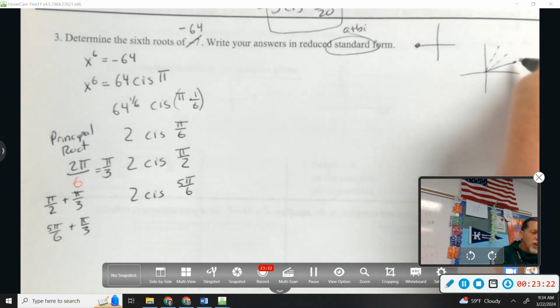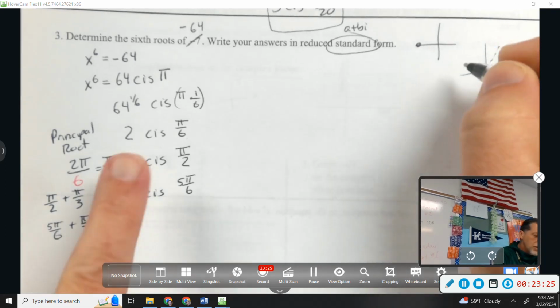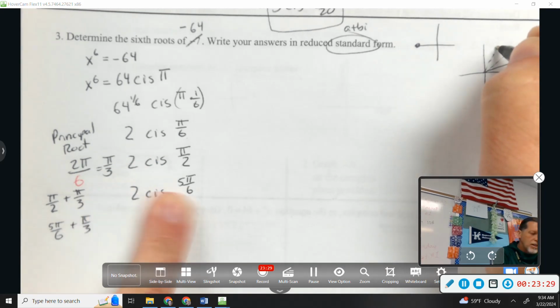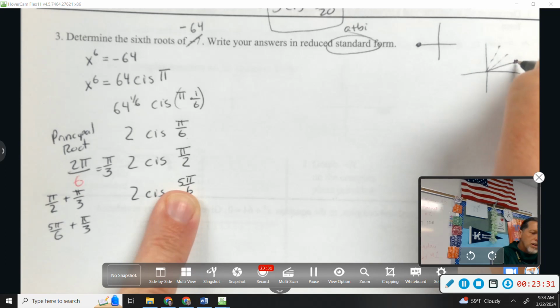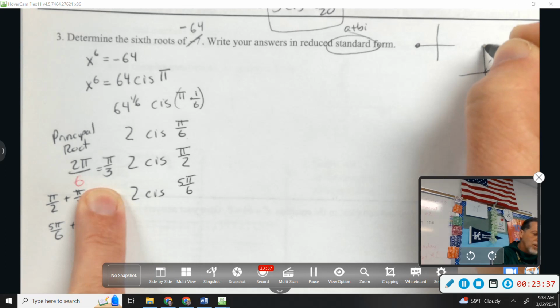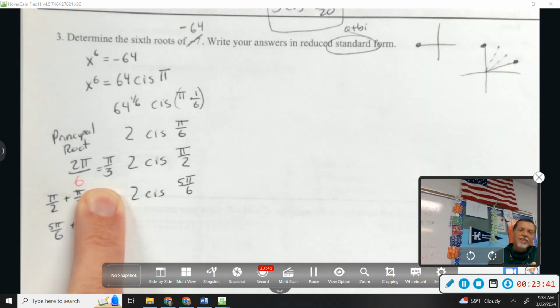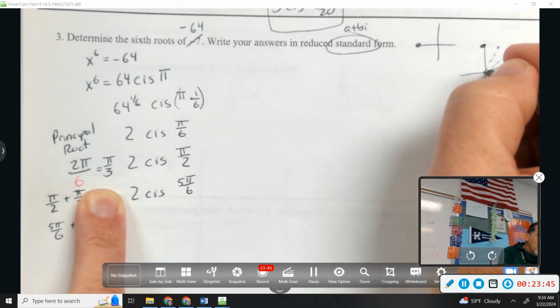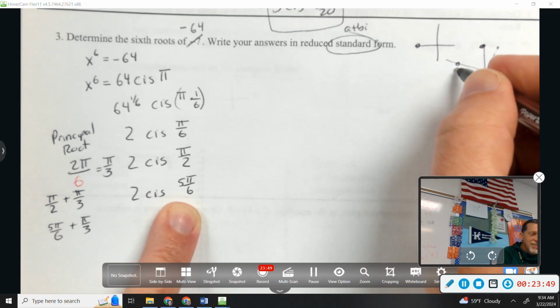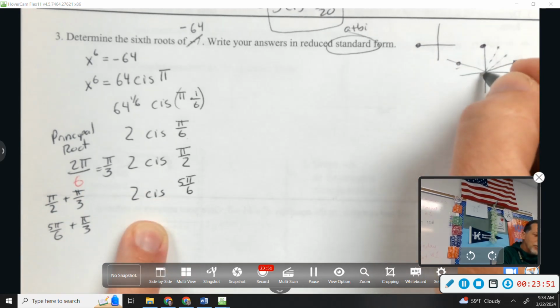So you're going to jump pi over 3. So it'd be 2 jumps, right? No, you're right. You start at pi over 6 and then you do 3 jumps. You're traveling pi over 3 each time. Yes, you're traveling pi over 3 each time. So the next one, you're absolutely right. The next one would be over here at 5 pi over 6. And the next one would be